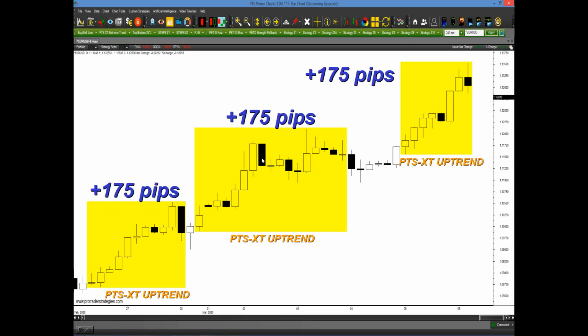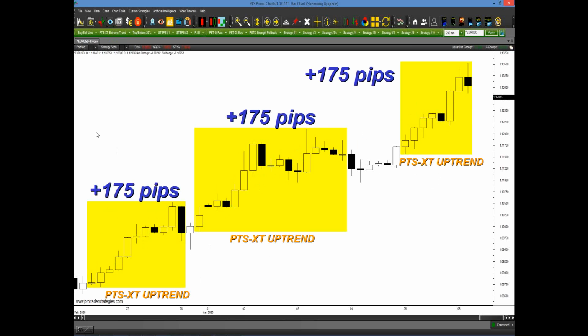They say, well, this is too high. This has gone up. It's overbought. We have to sell. The PTS XT will only get you into where there's a strong trending move, okay? It won't go against the grain. So right here, you see if you had bought at the bottom, potentially 175 pips, here potentially 175, and here